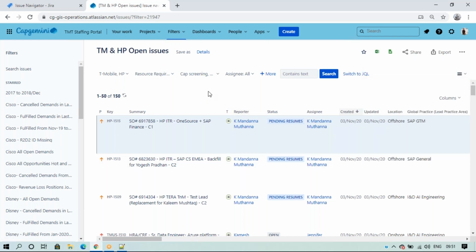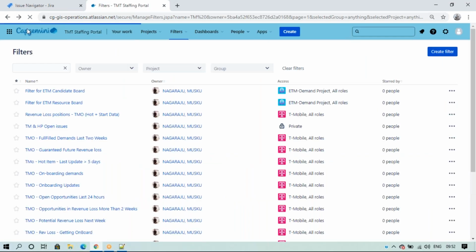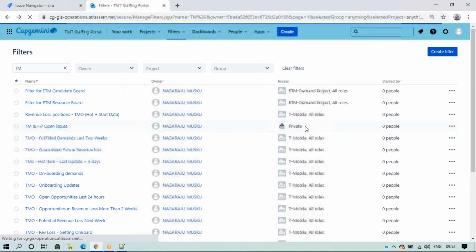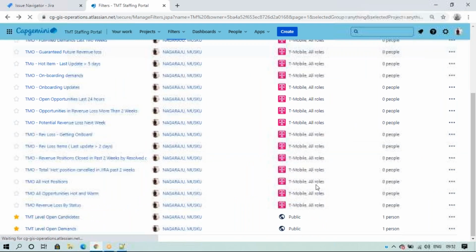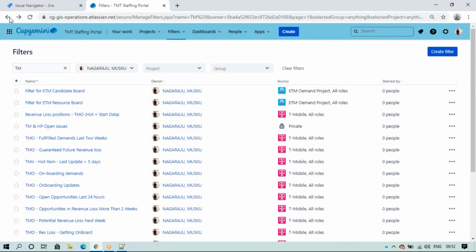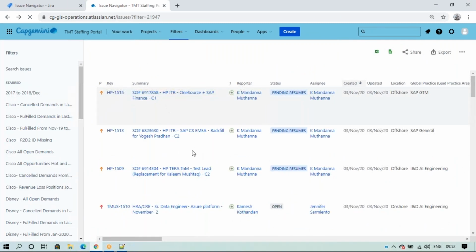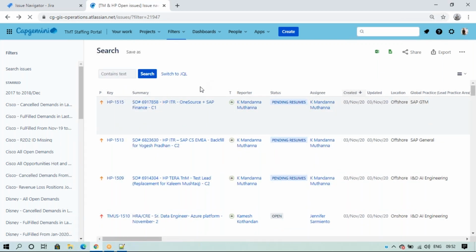But by default, when you write this query and you are the owner of it, no one can edit and no one can access it. Only when you provide the access can they see it. So click on this. Suppose you can see here, this is the filter. Can you see it is private? Remaining, all I have access T-Mobile persons are at this level. So we can provide that access, then only they can access that. Okay, so we'll see how it works.